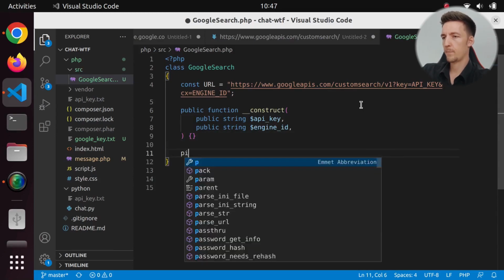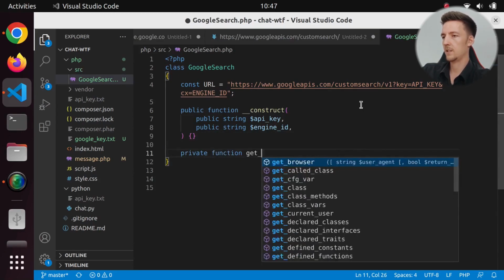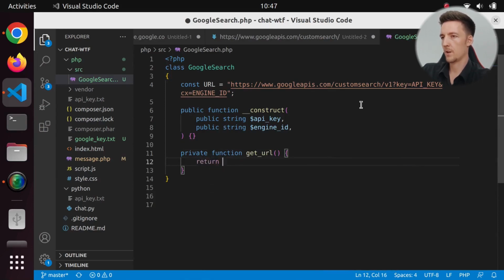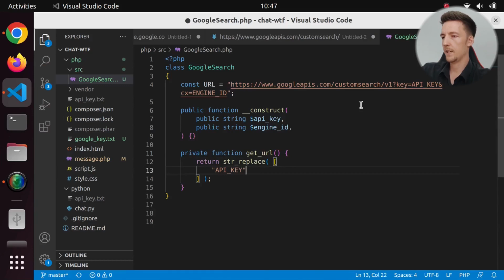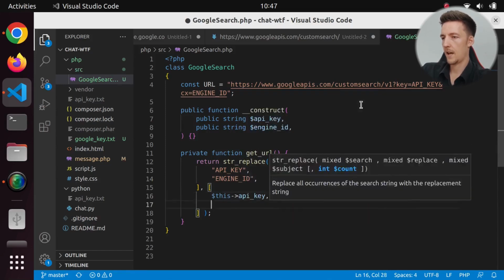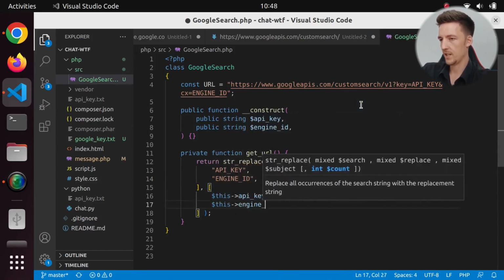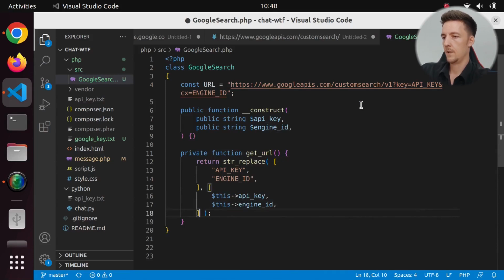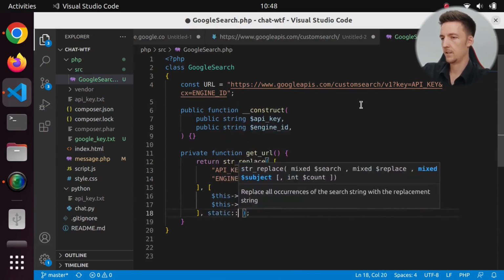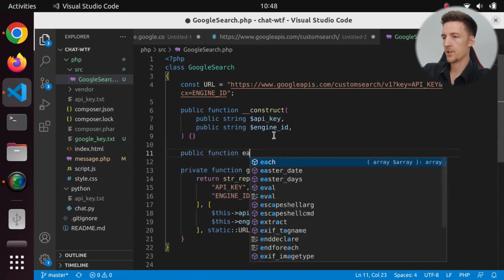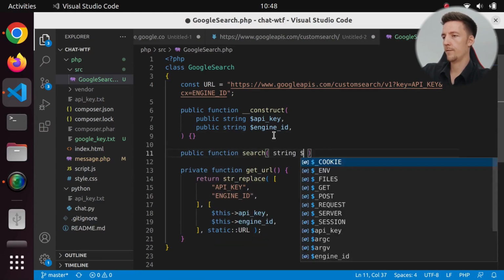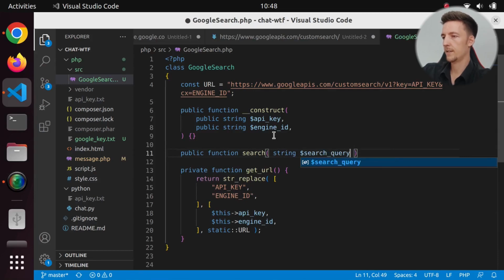And then let's create a private function getURL. And this will return string replace API key, engine ID with this API key and this engine ID in static URL. And then let's create a public function search, which takes a string of the search query, and